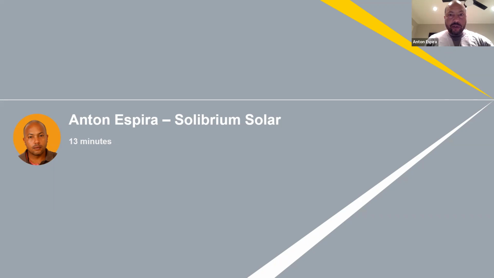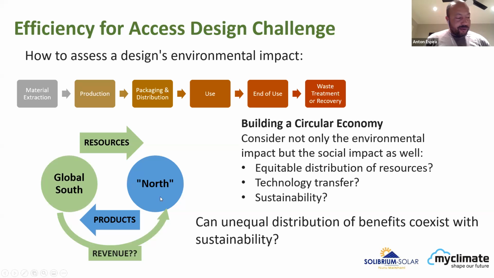My colleagues have spoken about almost everything that's important, so that doesn't leave me much to say, but I just want to be a little bit more focused on the items that we need to consider. I'll be talking about life cycle analysis briefly after this, but I just want to touch very quickly on how we assess the environmental impact of a product. The standard consideration for environmental impact is, of course, based on the environment. We look at the impact of material extraction, production, packaging and distribution, the use, the end of use, and of course, how it's treated or recovered. As you consider your designs, these are key criteria.